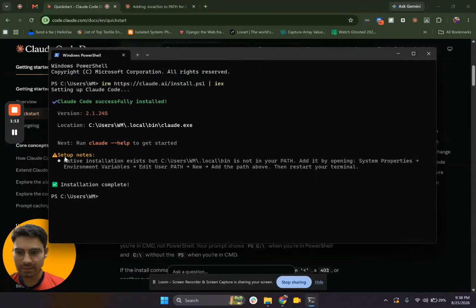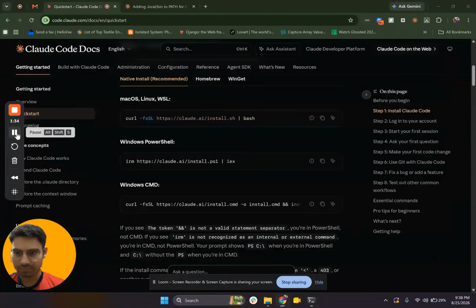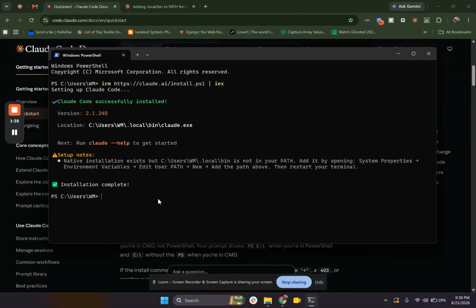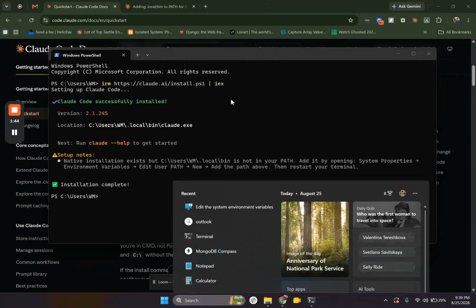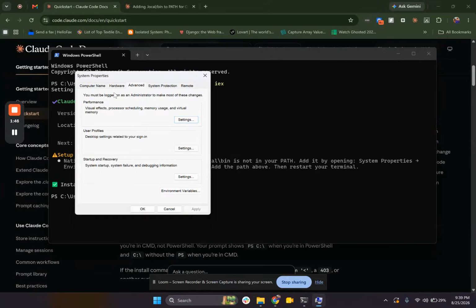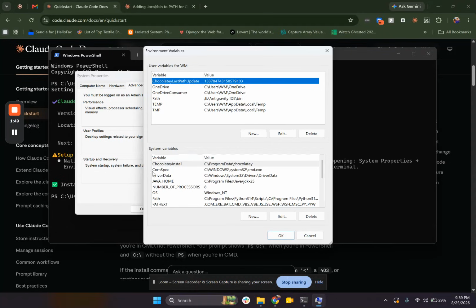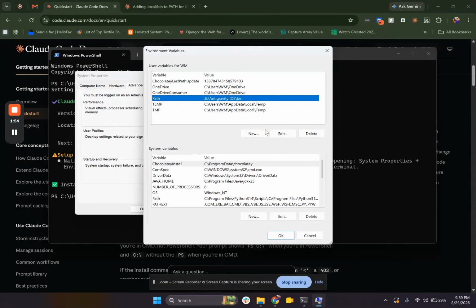But there is this setup note that says the native installation exists, but the users folder is not in your path. Edit by opening system properties, environment variables, edit user path, new, add the path above, then restart your terminal. Okay, perfect. So now I will press Windows plus S and click this edit system environment variables. Go to environment variables, and single click on this Path and click